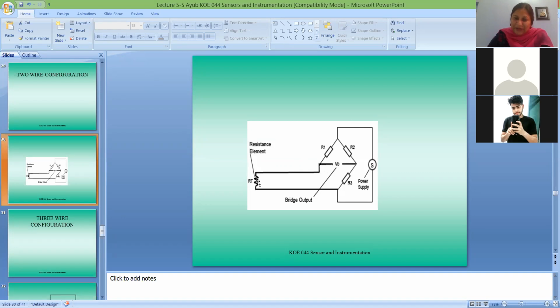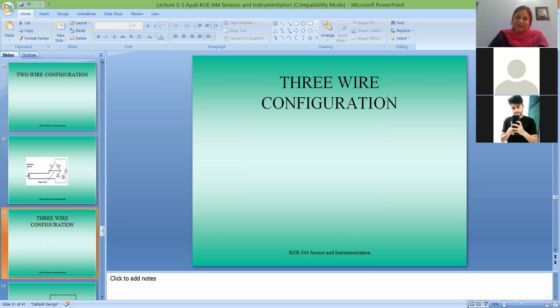First, without applying any temperature, with existing room temperature, it gives you a certain output voltage. But when you apply some temperature, it changes the resistance, and hence the current flowing through the circuit will change, and hence your output voltage is changing. That change in the output voltage is directly proportional to the change in the resistance, and directly proportional to the change in the temperature. This is just a simple form, but we will see the three-wire configuration.